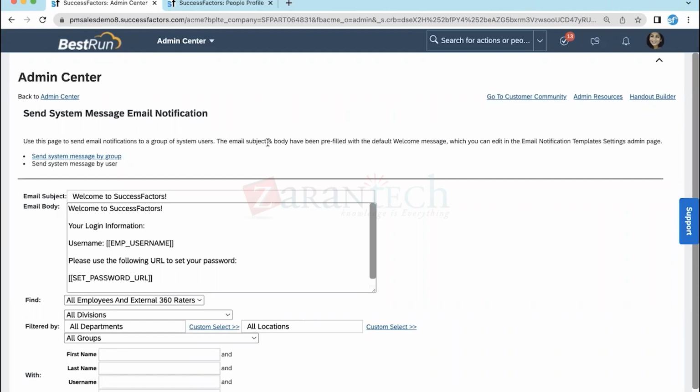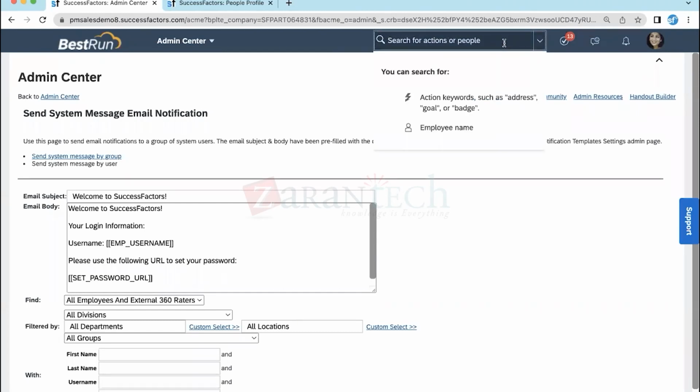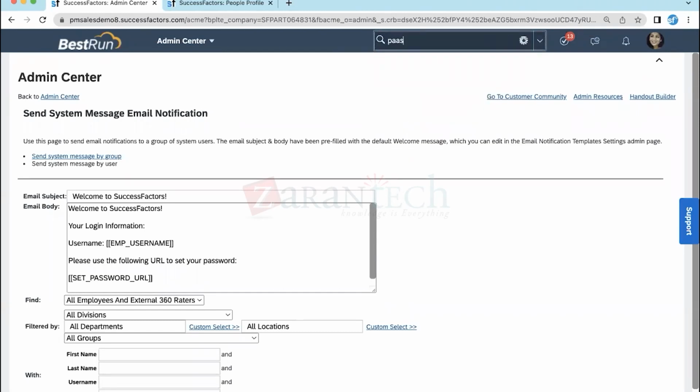Next is passwords or the user accounts. Sometimes when you are not able to access the systems, the employees will reach out to the administrators and they have to help with the password reset and all. So we have such kinds of tools. So if you just give the keyword as password,